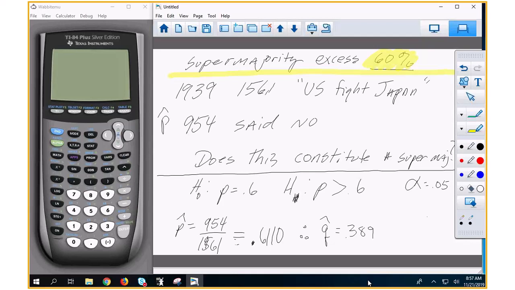Okay, so now we're going to plug it into the z value, which I gave you a while ago. Which z formula are you going to plug all this into? The one with p hat in it. Not the one with mean and standard deviation, but the one with p hat. So go ahead and do that. And then I'm going to show you how to do it on the calculator. And then you're going to feel all good about yourself.